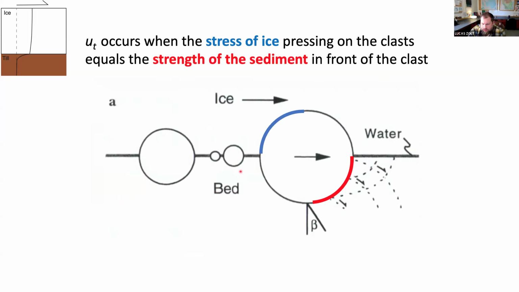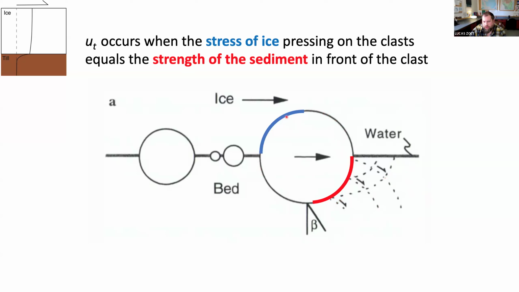What's regulating this at a fundamental level has to do with what's actually at the ice-bed interface. So in this case, imagine this black line here is the interface. This would be the ice, and this would be the sediment. And if you have these clasts, or rocks, at the ice-bed interface, as the ice is sliding from left